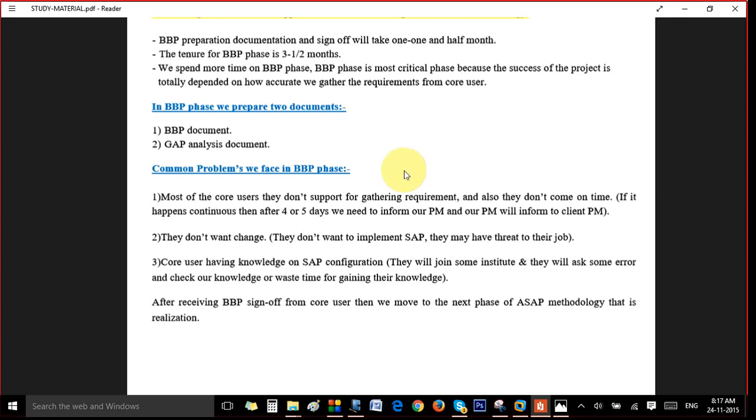Okay. But one interesting thing I have observed is, core user, suppose we take an example of a cement industry. A core user means he has experience of 15 to 20 years in that cement industry. He knows the in and out of the sales process, he knows competitors, everything he knows. Okay. So what happens is,